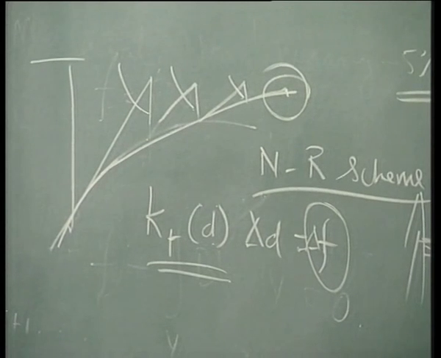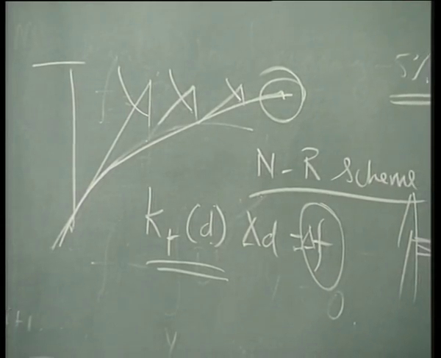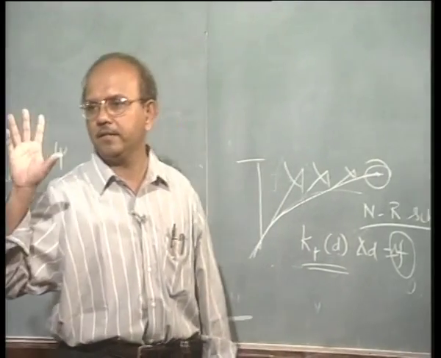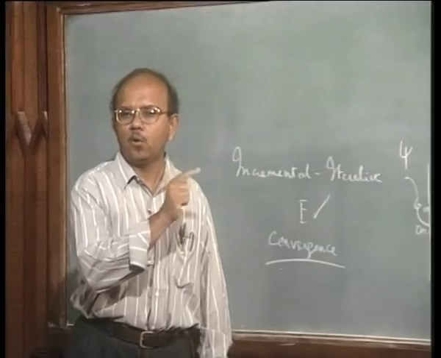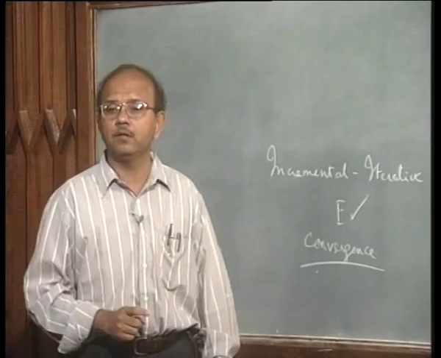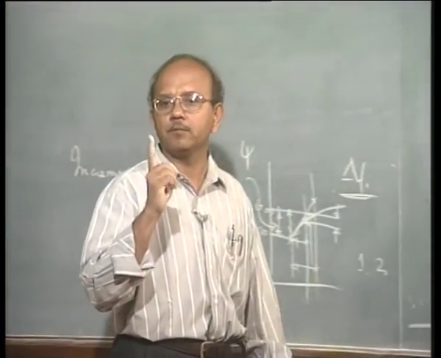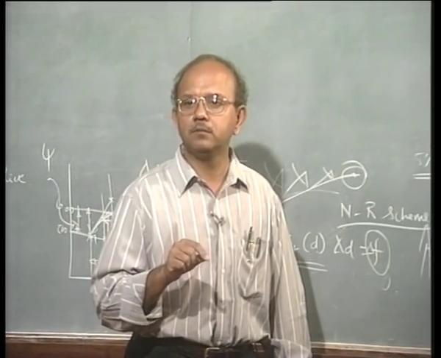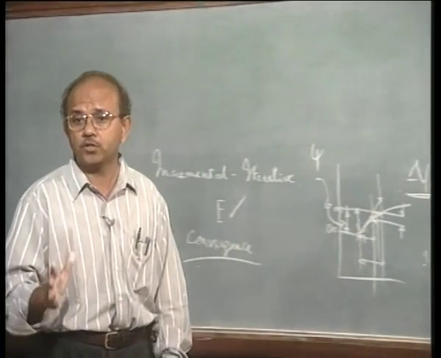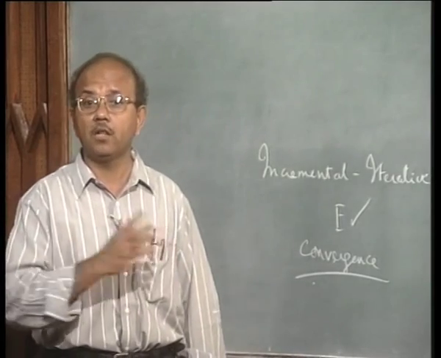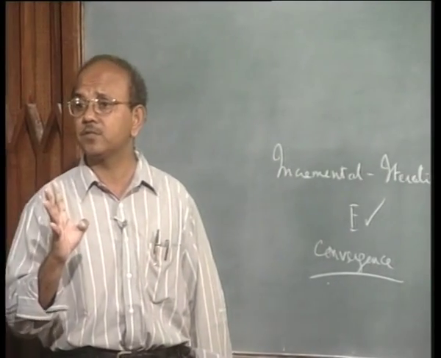What does this tell you? This tells me that in the elastic case I solved the same equation only once, k d is equal to f, that is all, only once. Now how many times am I going to solve? 10 into 4, 40 times I am going to solve the same equation. Every time I am going to calculate kT now. What we call a full Newton-Raphson approach. I am going to calculate kT and then solve the problem not once, 40 times.